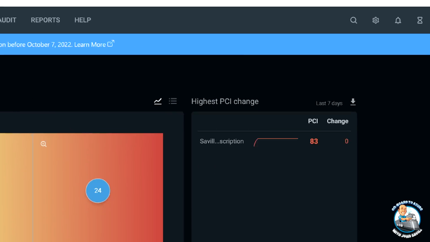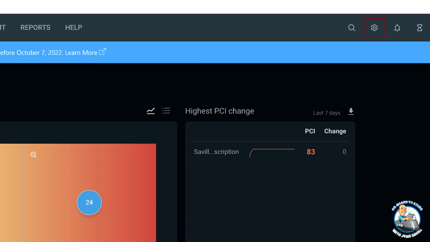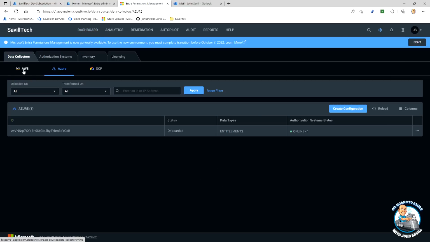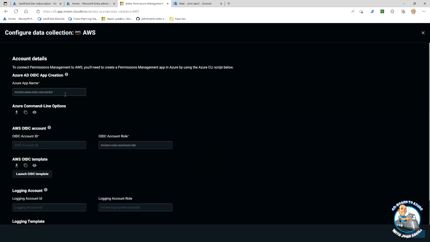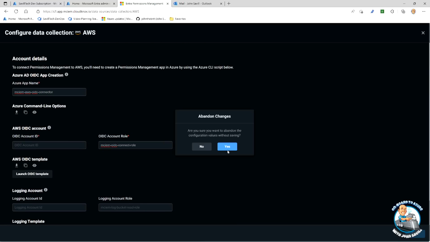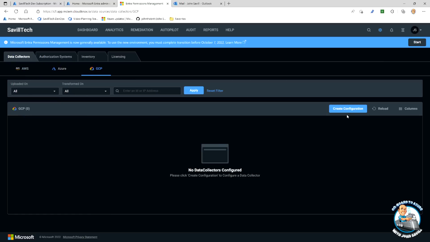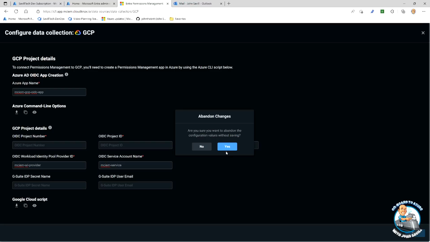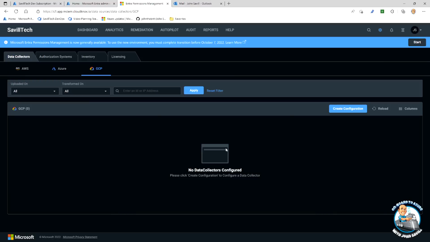And we're going to come back to this. But if I think about my configuration, so my little settings gear up here, I can see, hey, it supports the 3 different data collectors across AWS, across Azure, across GCP, and I have already deployed a data collector for Azure. But no, I can just as easily create configurations to go and discover for AWS. And likewise, I could go and create it for GCP as well. And when I create these configurations, I can have details about, well, what should it actually go and discover? Should it go and get all of the authorization systems, either the accounts, the subs, the projects, or I can be more